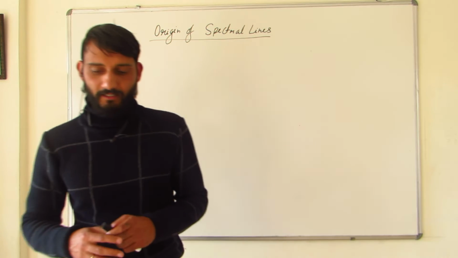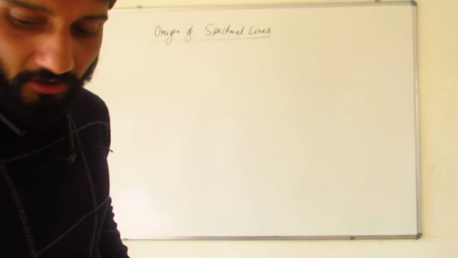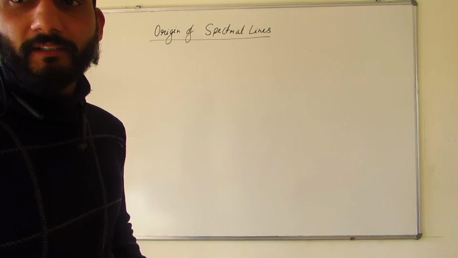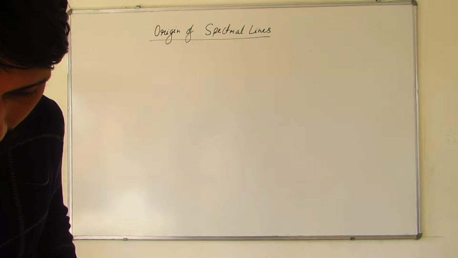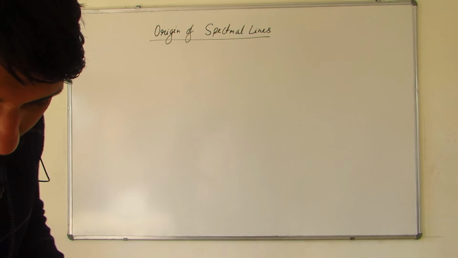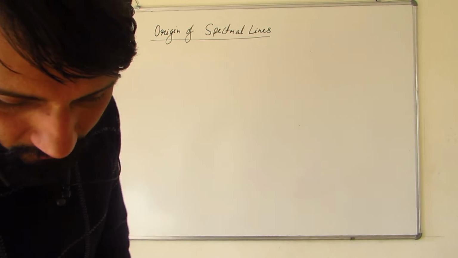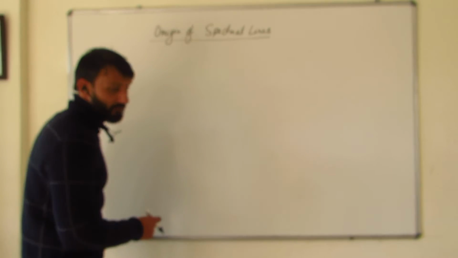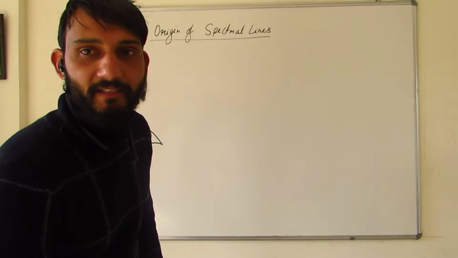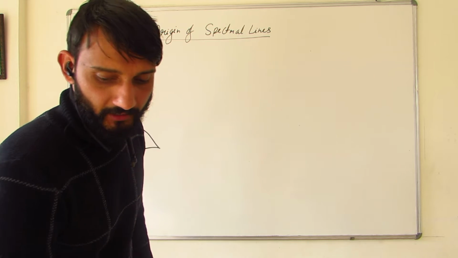Today we will continue our discussion on Bohr's theory, which before this we had already done, where we studied about energy. Today we will study about the origin of spectral lines. So what we will study in the origin of spectral lines is that the energy we have studied, E is equal to